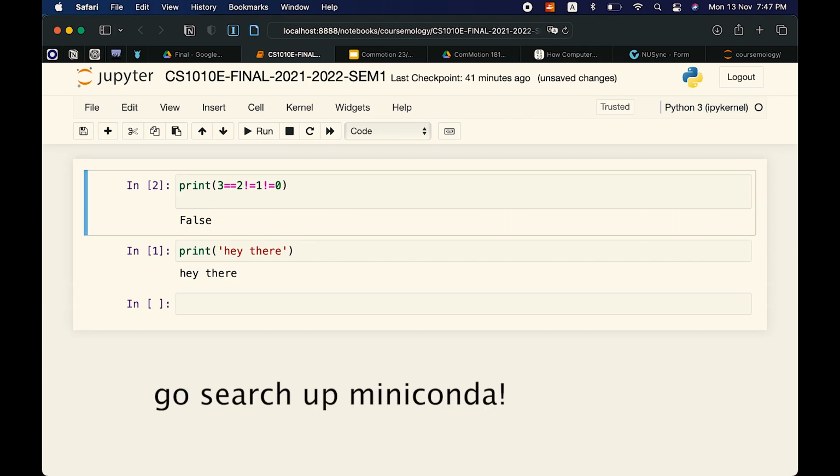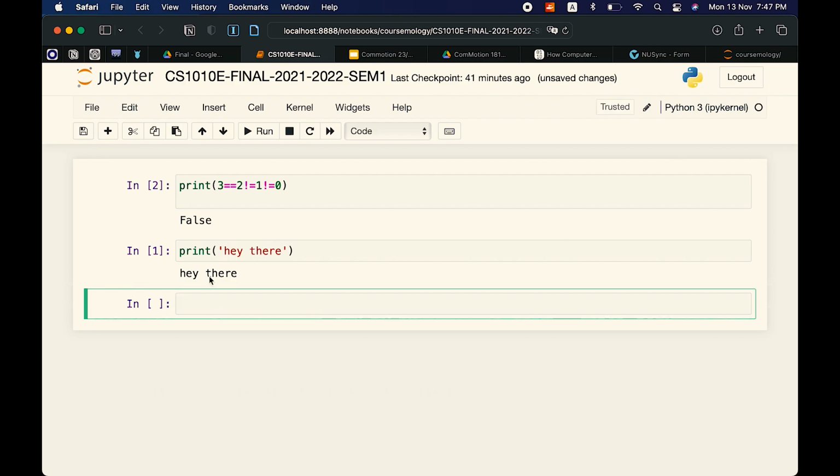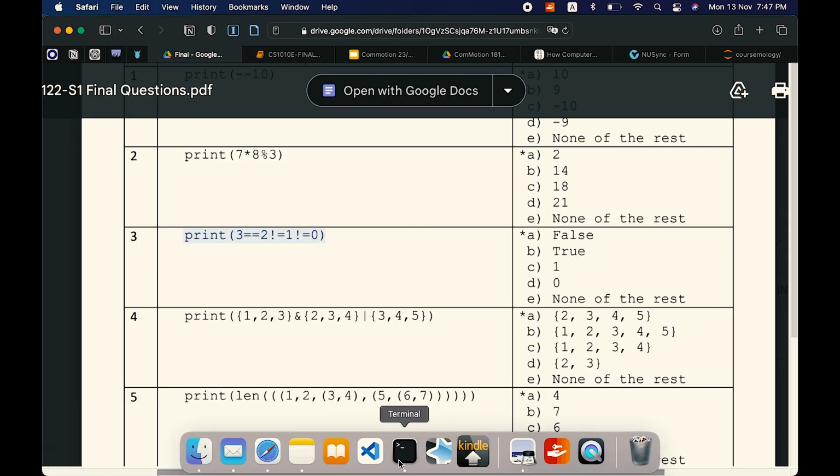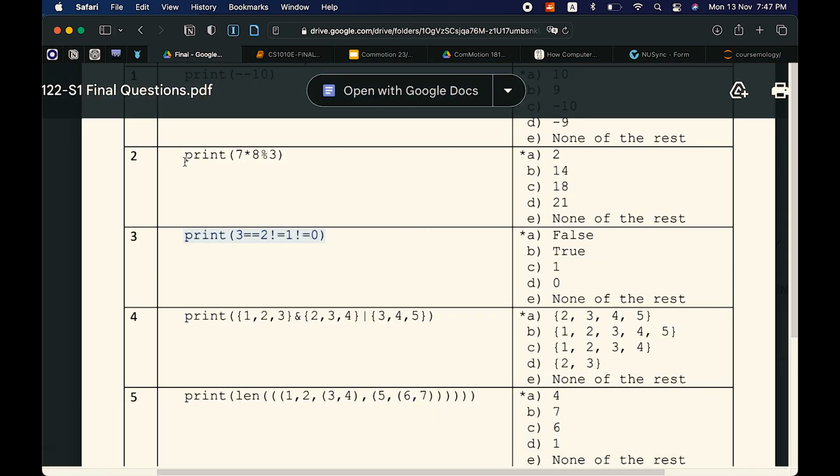And then I can print this. It's pretty cool. You just download Miniconda, install it, and open it up through the package installer called Conda in your terminal, and it will run. Anyway, back here.